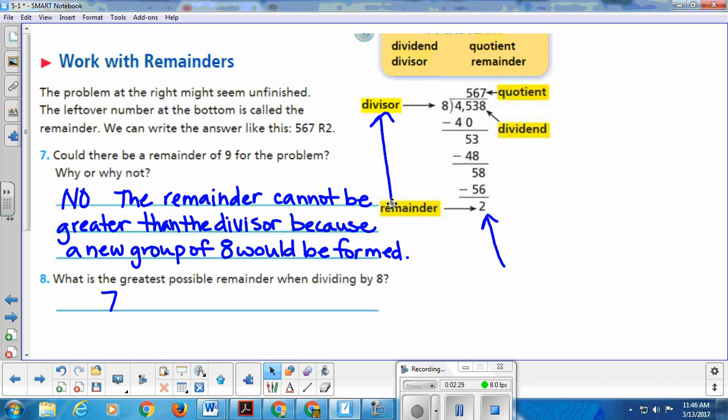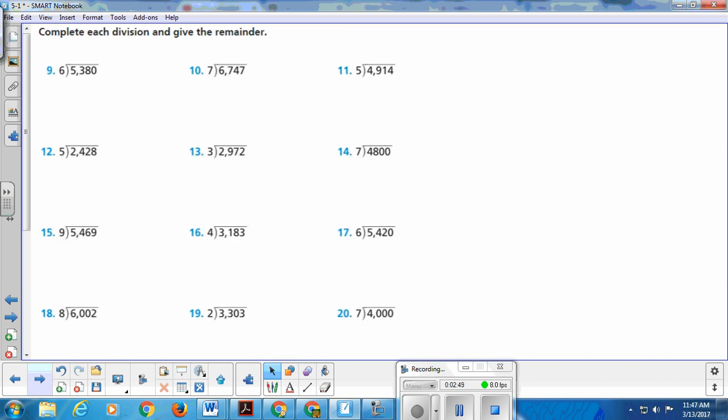So we're going to do a few right now, and since you're doing this in class today with a sub, you need to have your SAB book 165 and 166 available, because I'm going to do 2 or 3 problems with you, and you're going to be doing the rest on your own. So this is the bottom of the page, number 9. Let's look at number 9. And let's